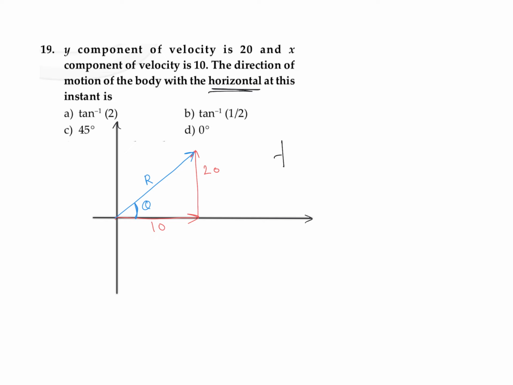So we can write the value of tan theta over here. Tan theta is the opposite side, which is 20, and the adjacent side, which is 10. So the value of tan theta is 2, or you can write theta is equal to tan inverse of